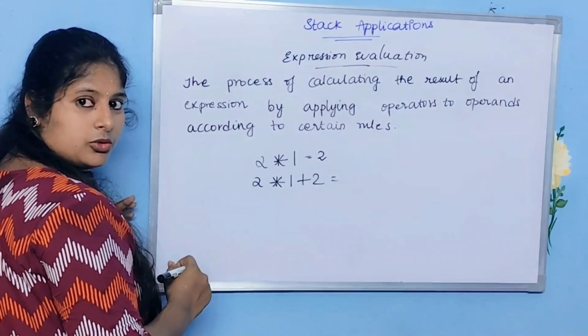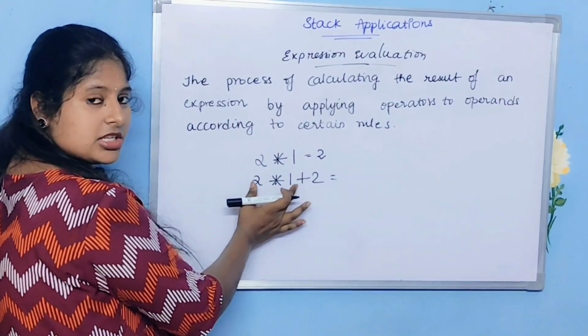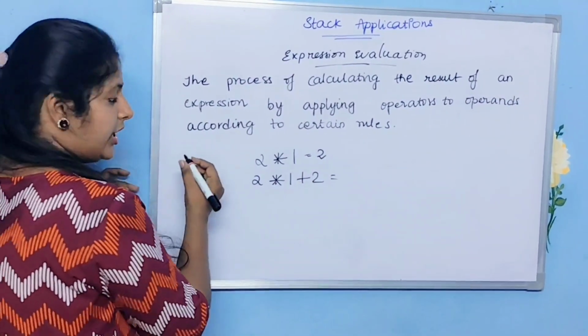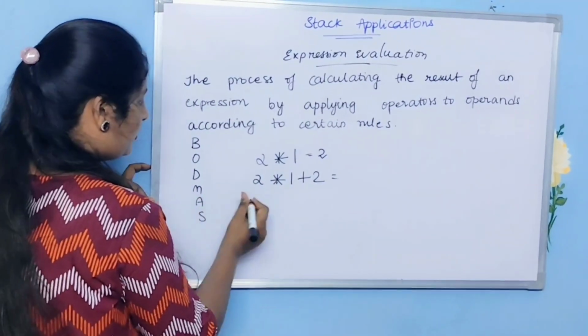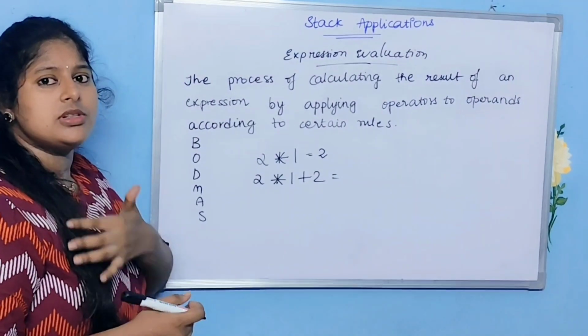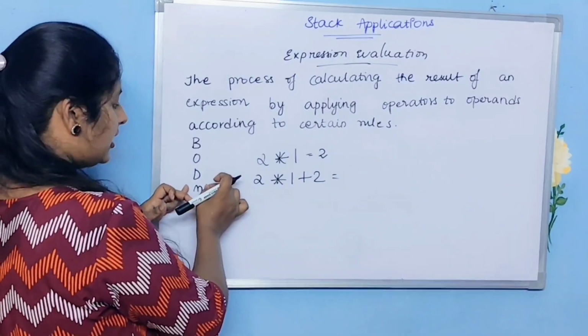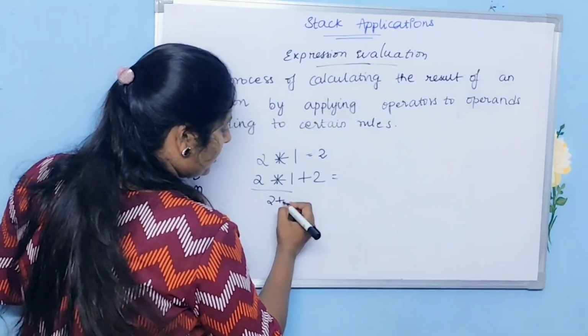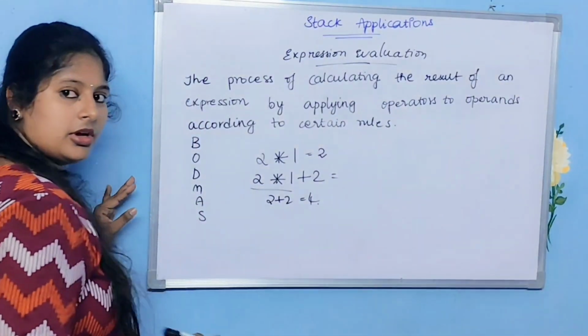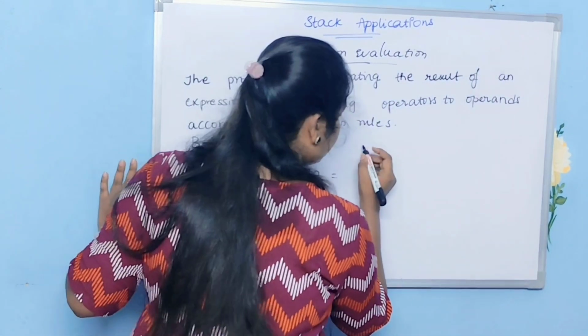You follow certain rules, right? You evaluate first multiplication, then you will go to the addition. How will you do that? With the help of the BODMAS rule. Right? Since the BODMAS rule says that multiplication should be evaluated first, then only addition should be evaluated. So what is the answer? 2 plus 2, then it is 4. Right? If I give you a bigger expression like this,